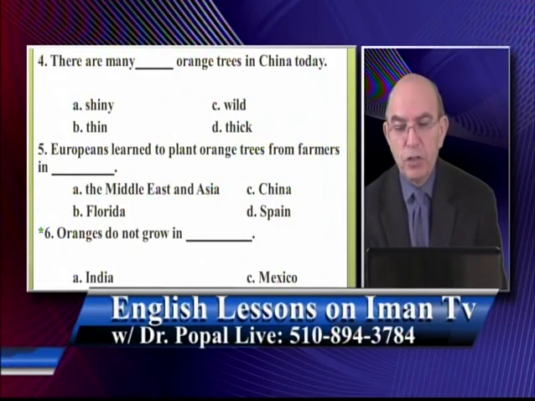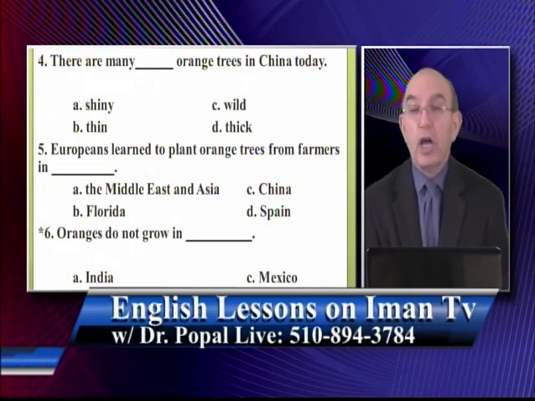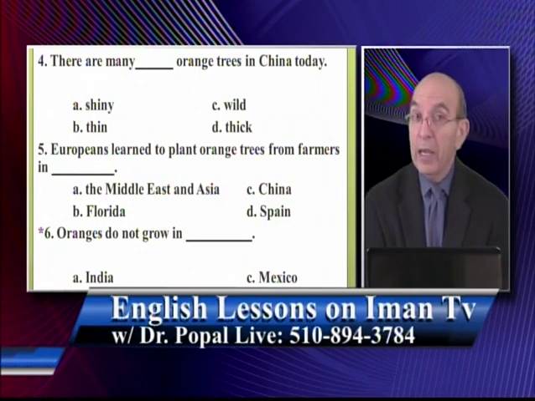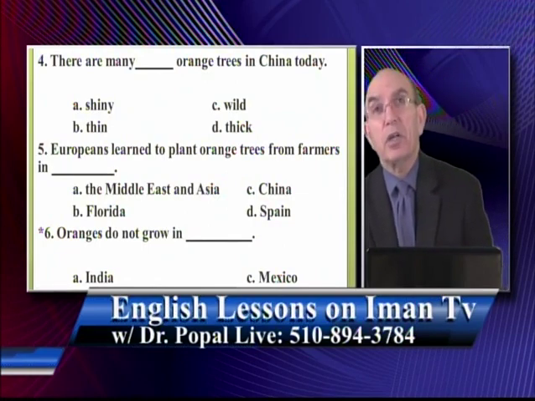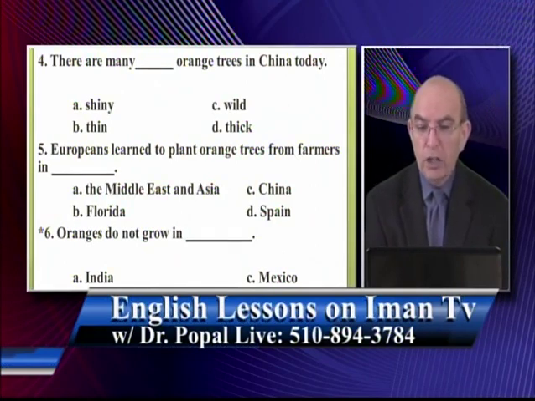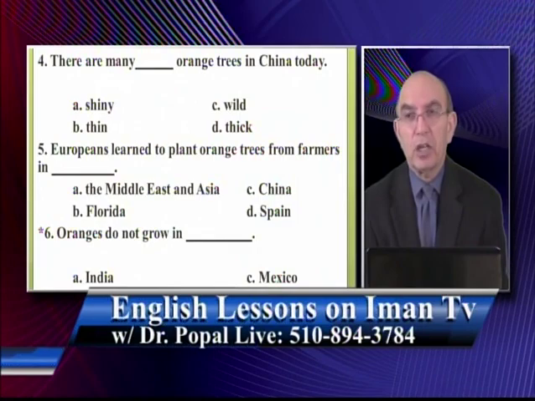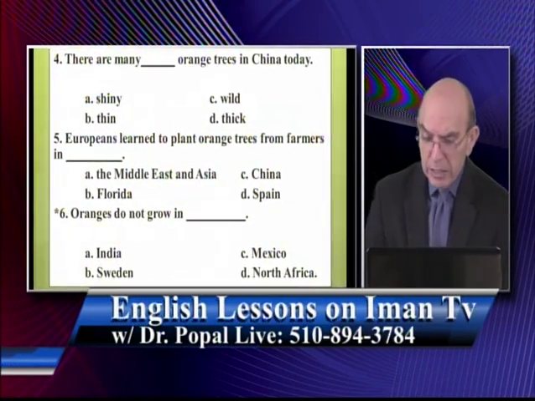Choose the correct answer from the choices below here. Number 4. There are many blank orange trees in China today. A, shiny, B, thin, C, wild, D, thick. Which one is the correct answer? There are many what kind of oranges? Shiny orange trees, thin orange trees, wild orange trees, thick orange trees. Which one is the correct answer? What did I read to you? The correct answer is